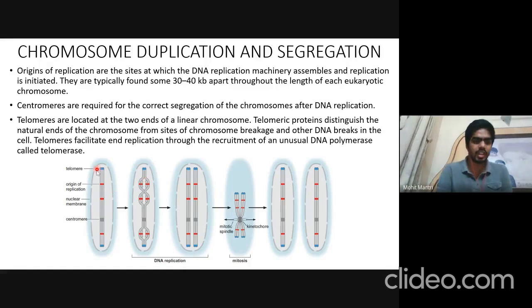Here we can see a single chromosome, and as DNA replication begins, it begins at the ORI region, and a new strand is formed using the parental template strand. These two sister chromatids are joined together by the centromeric region, and this centromeric region consists of kinetochores to which the mitotic spindle binds. Later on both sister chromatids are separated, and each daughter cell receives one sister chromatid.